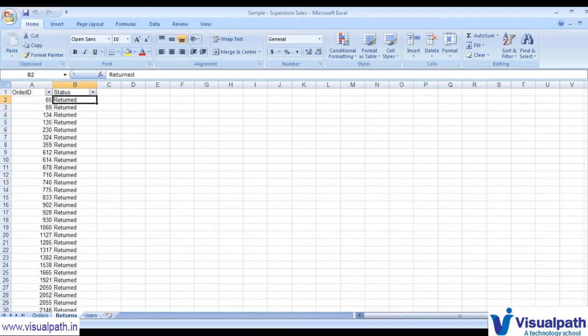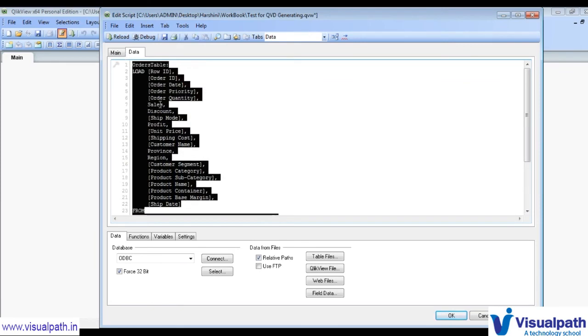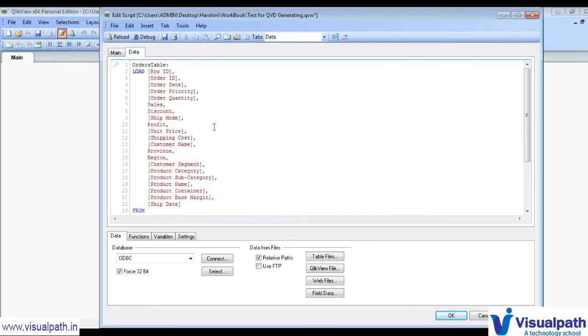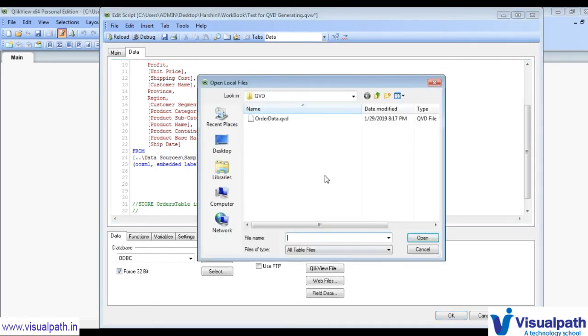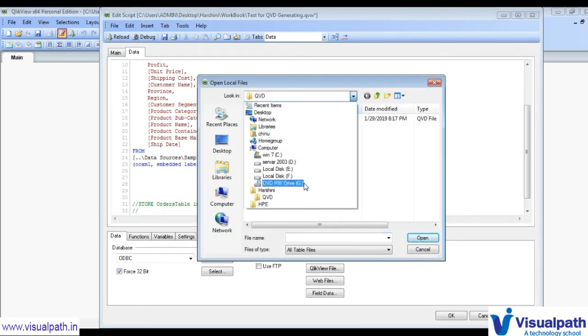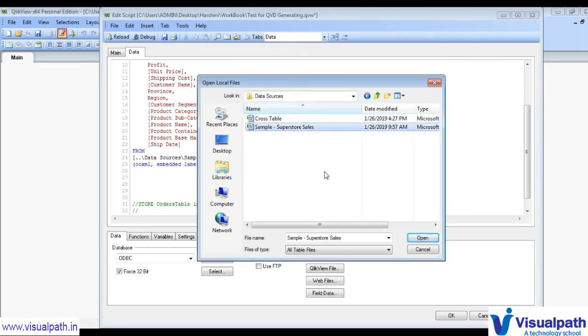So if we are doing two different loads, that will take the returns table into our QlikView. Here in the first table we have taken the orders table. In the second, we'll go to the Excel file and load the returns table here.